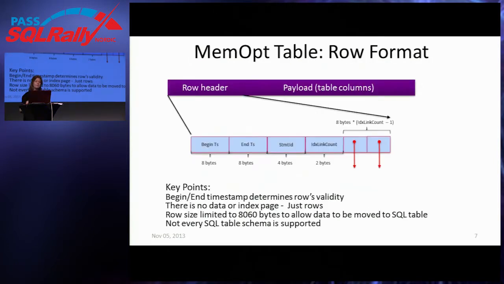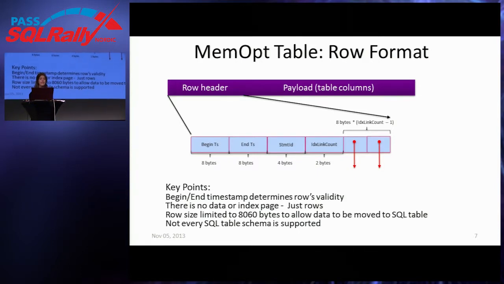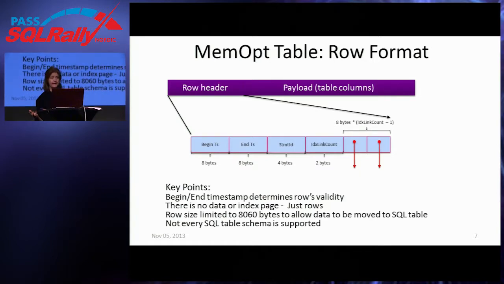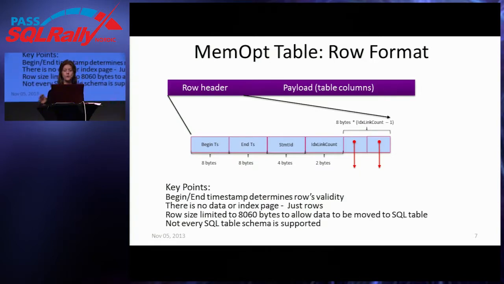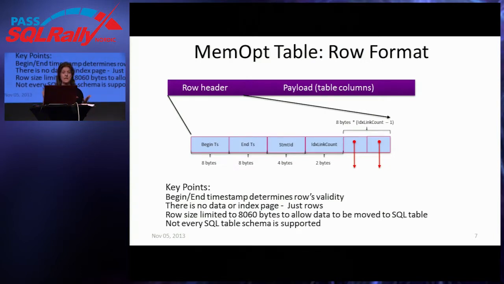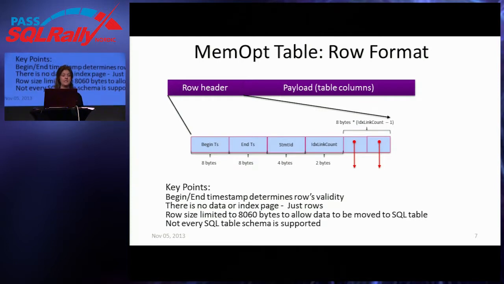So this is sort of what a row looks like. Every row has a row header, and then it has the actual contents, the payload, which I'm not focusing on here. But the header, I'm going to tell you about a few of the values that show up in the row header. The system maintains a timestamp to keep track of operations performed on memory-optimized data. Every transaction, as it commits, gets a timestamp, and that becomes the timestamp for that row, and that becomes the system timestamp until the next transaction takes place, and then the system timestamp increases.